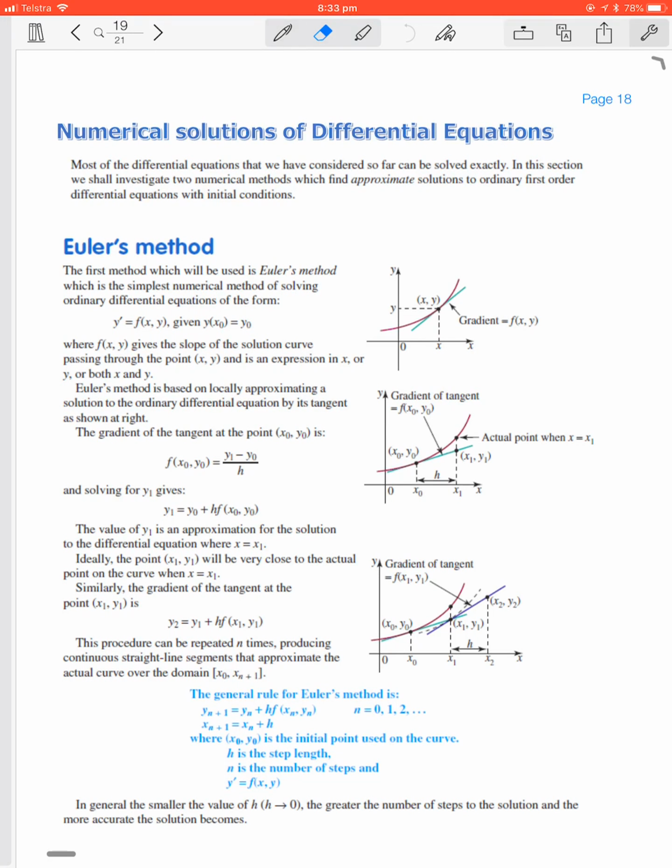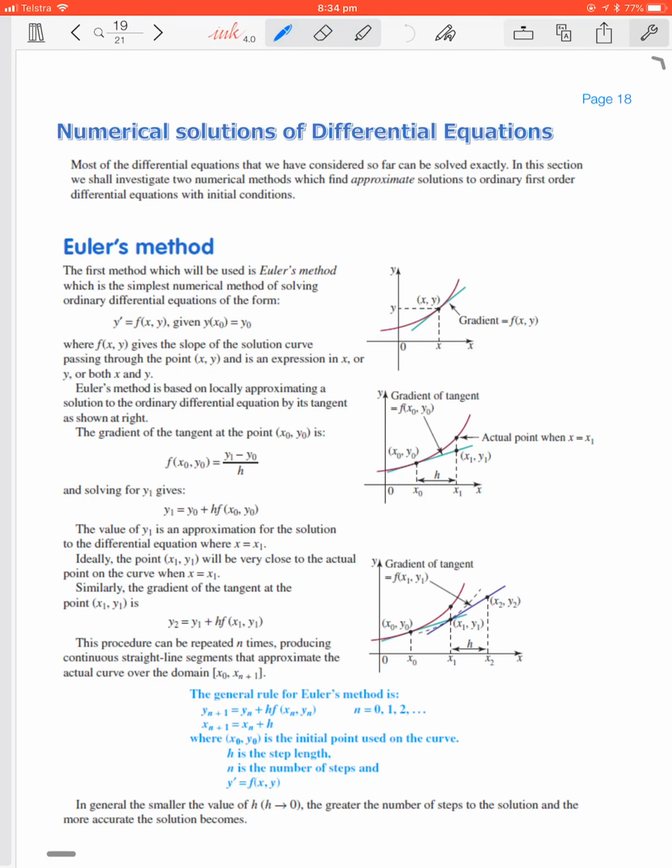Basically, the reason we use Euler's method in this case is if we have a function that we can't integrate, this is a method that allows us to trace back from an initial point that we know. So if we've got an initial condition and we can't integrate the function, we can still get an approximate answer for a value of the original function without actually knowing what the integral is. So what I mean by that,